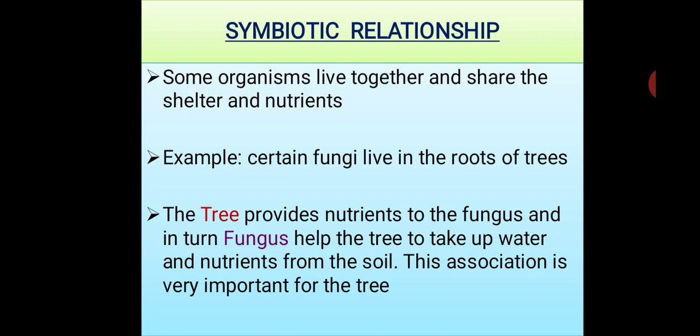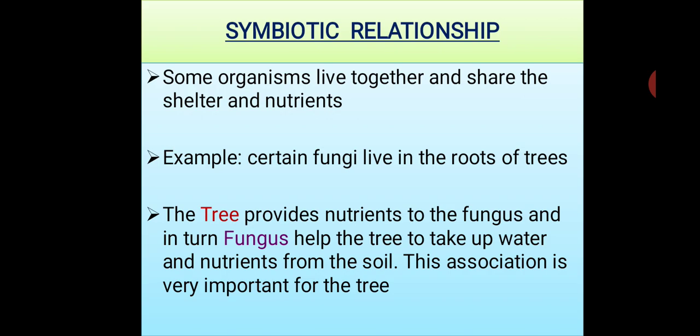Symbiotic relationship. Some organisms live together and share the shelter and nutrients. An example is certain fungi live in the roots of trees. So what is the benefit of the trees in allowing the fungi to live in the roots? The tree provides nutrients to the fungus, and in turn the fungus helps the tree to take up water and nutrients